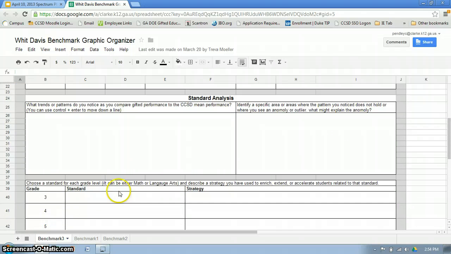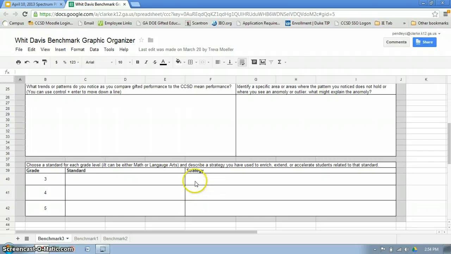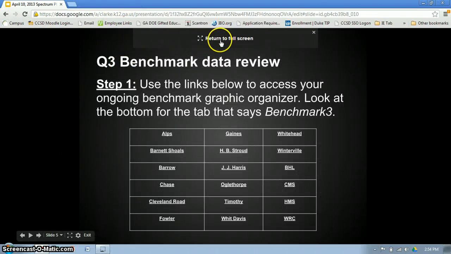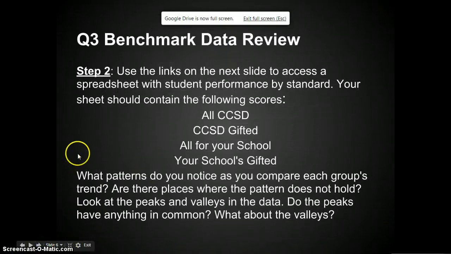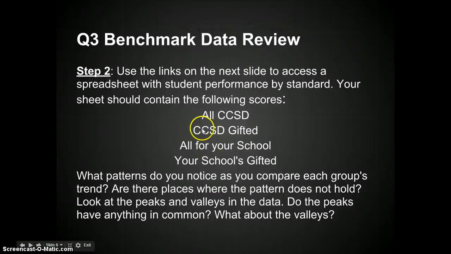We're going to look at the standard analysis, so you want to make sure that you're on benchmark 3's tab, and we're going to focus on these two boxes right here where it says standard analysis, and then the strategies down here that we might use with some of those standards. So once you've opened up your benchmark analysis from this screen, you can then use the links that are on the next page of this slideshow,